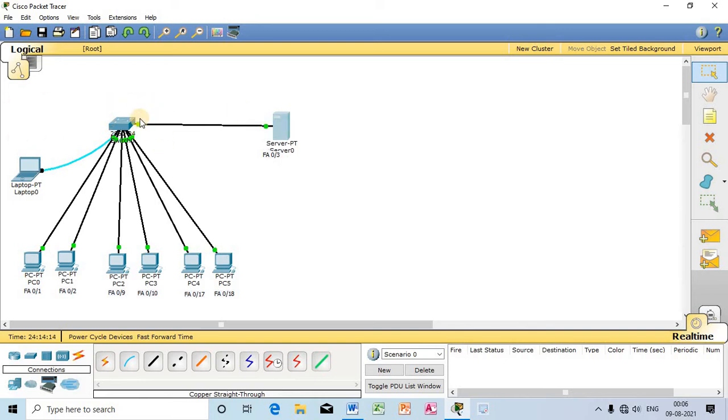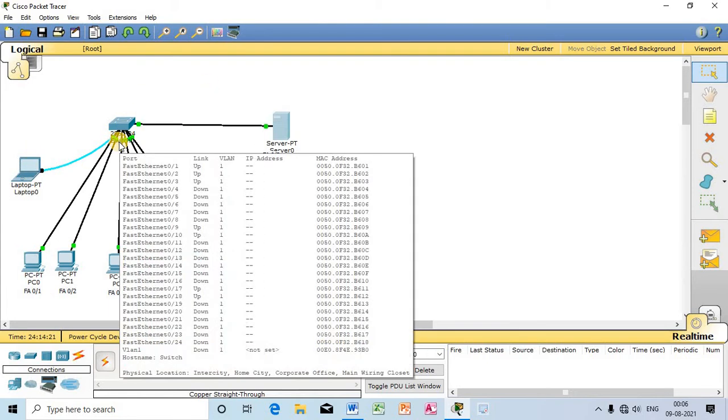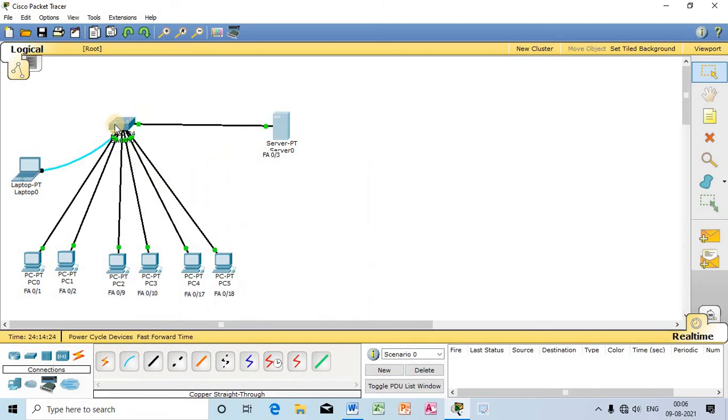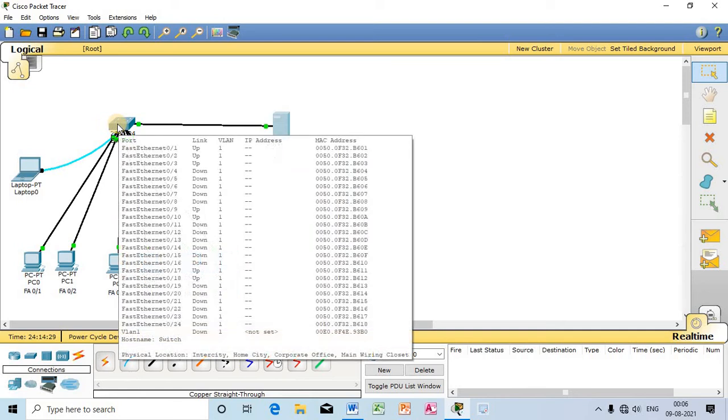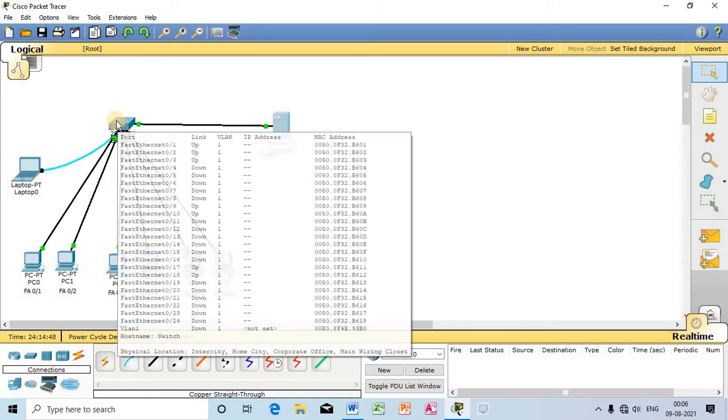Now I will configure the setup over here. For doing that, I need to access the monitor. As I already have discussed, to configure a switch I have to access the interface, and a switch does not have any screen. So I have to access the interface on a particular screen. That is why I have connected the laptop with the console port, so that through the screen of this laptop I can access the hardware interface of the switch.